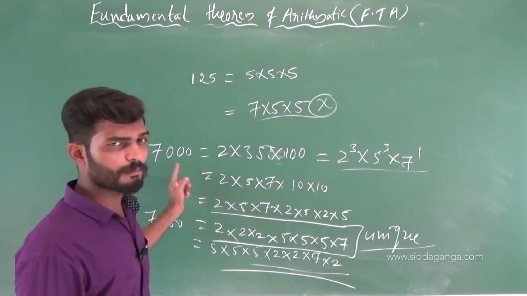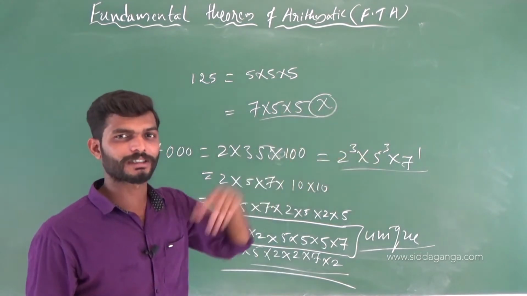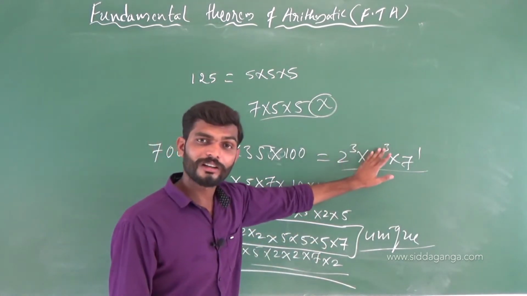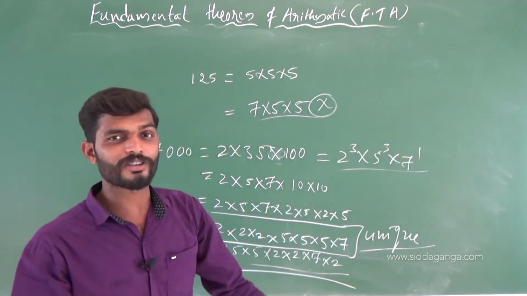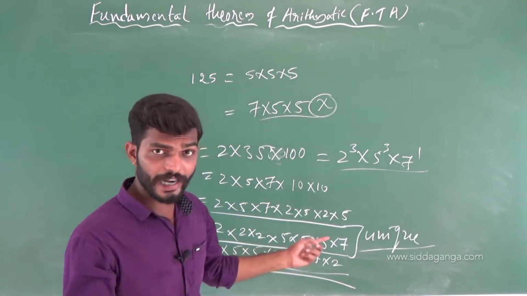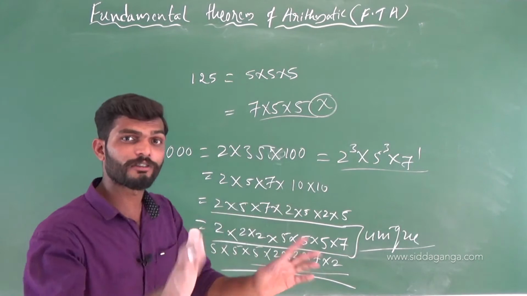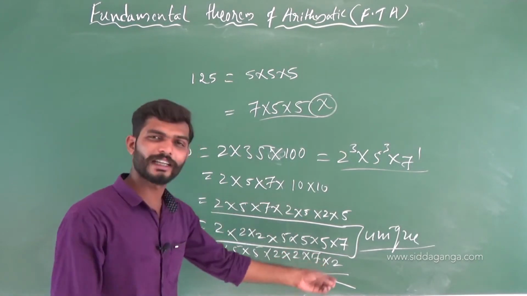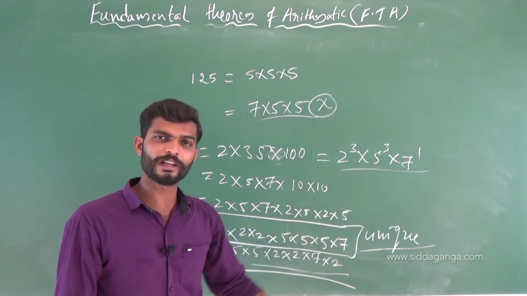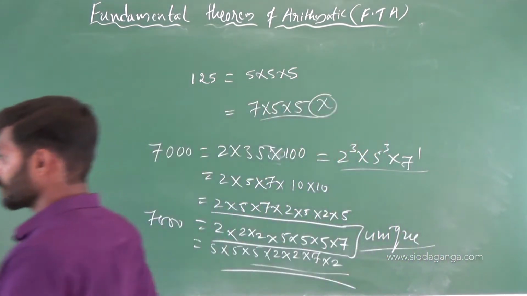Therefore any composite number can be expressed as a product of primes or a product of powers of primes. Nothing but what? FTA, the fundamental theorem of arithmetic. And this factorization is unique. We cannot make out another form here. We cannot use any other prime numbers to make 7000. We have to use these 2, 5, 7 only to make 7000. That's why FTA explains that